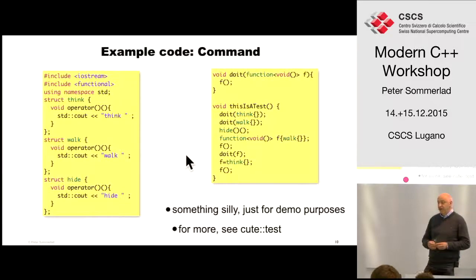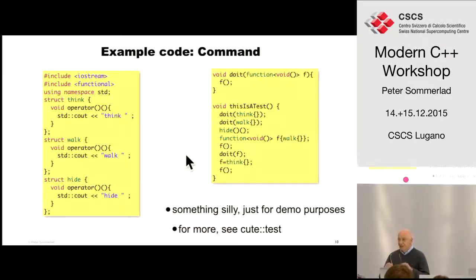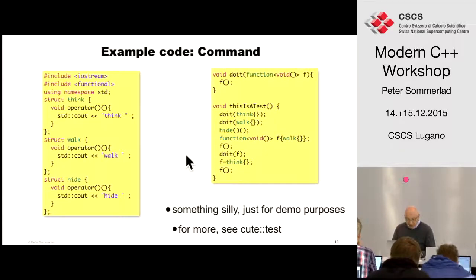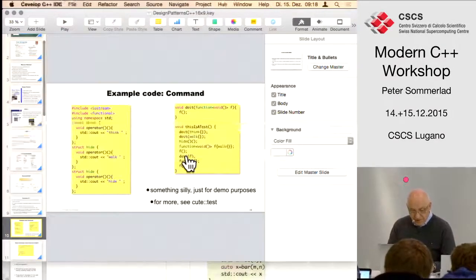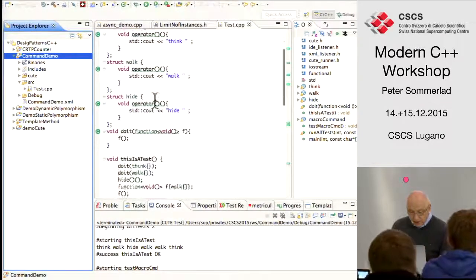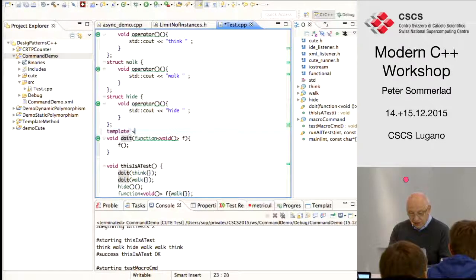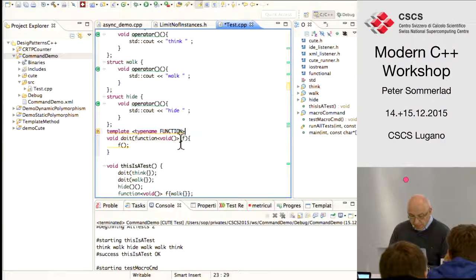With std function it won't, but let me change the code to the way I just explained, where you don't get any overhead. So instead of having do it with the function argument, we can make it a template function and let the compiler deduce the type for us.